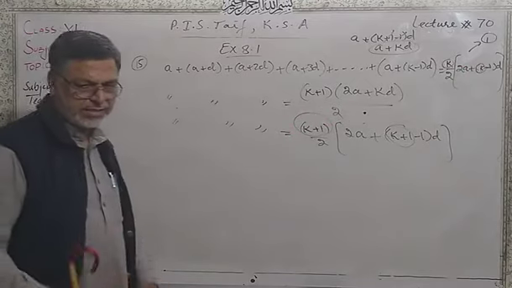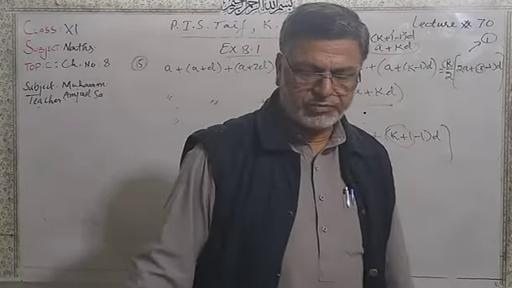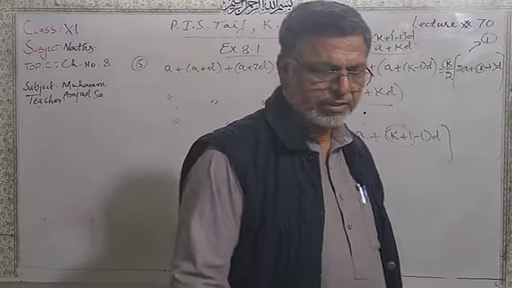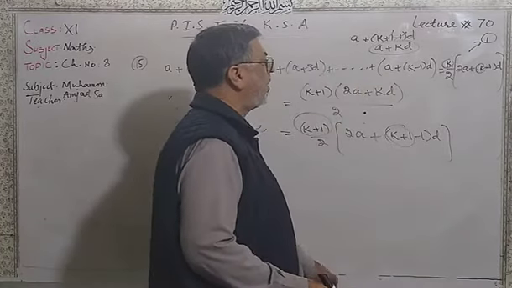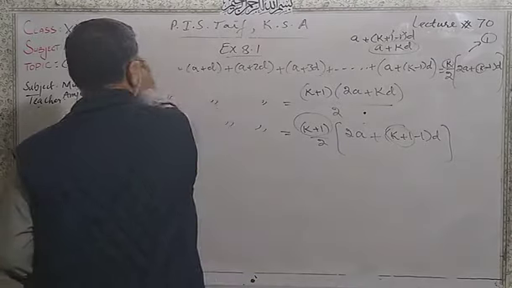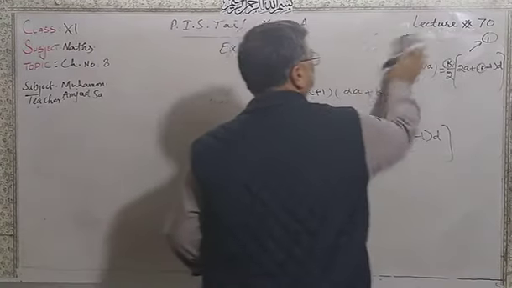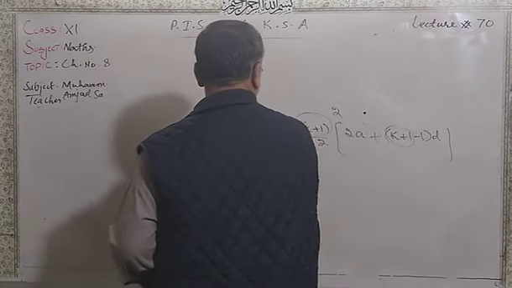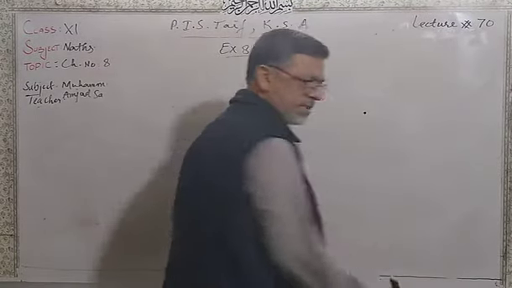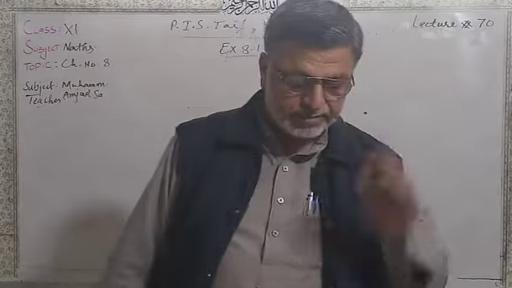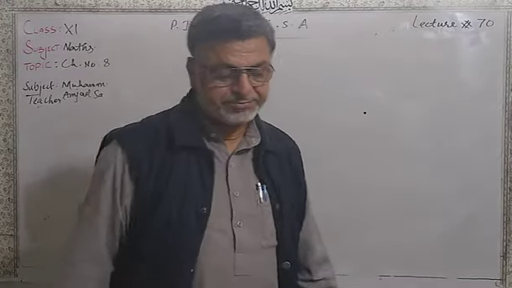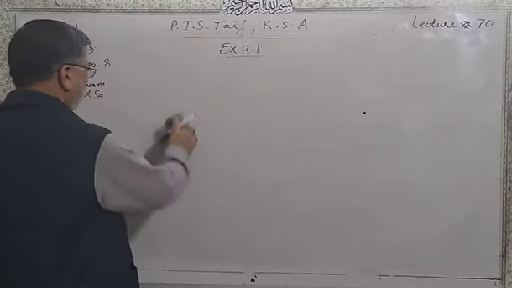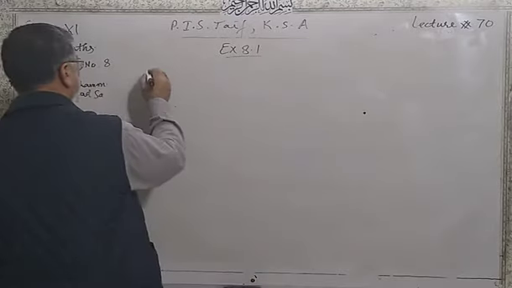So what is true for n is equal to k is also true for n is equal to k plus 1. Hence formula is true for all positive integral values of n. That was your question number 15. Now question number 18 is